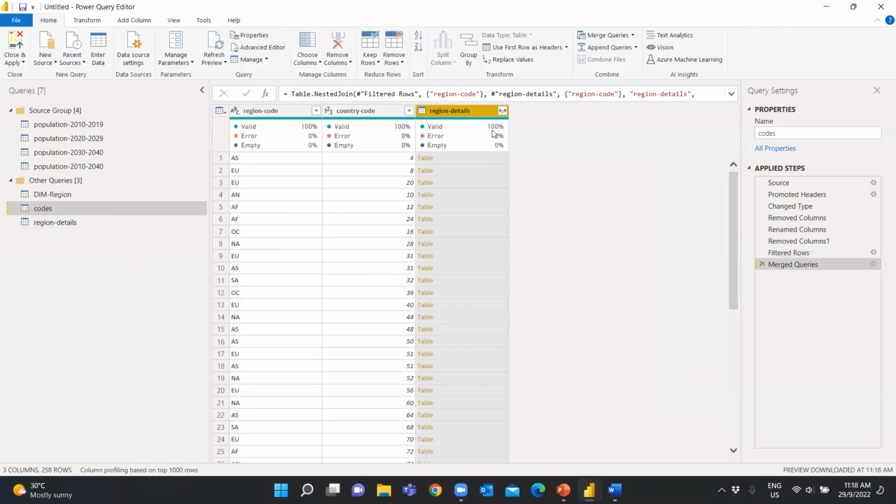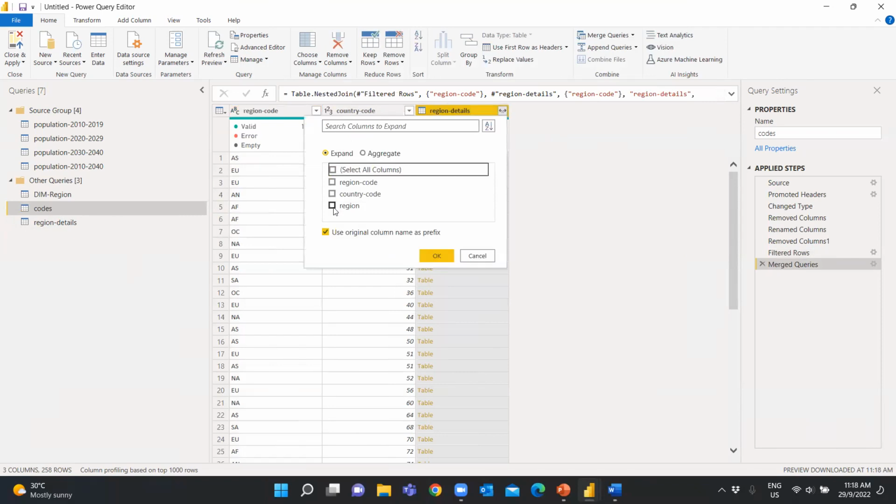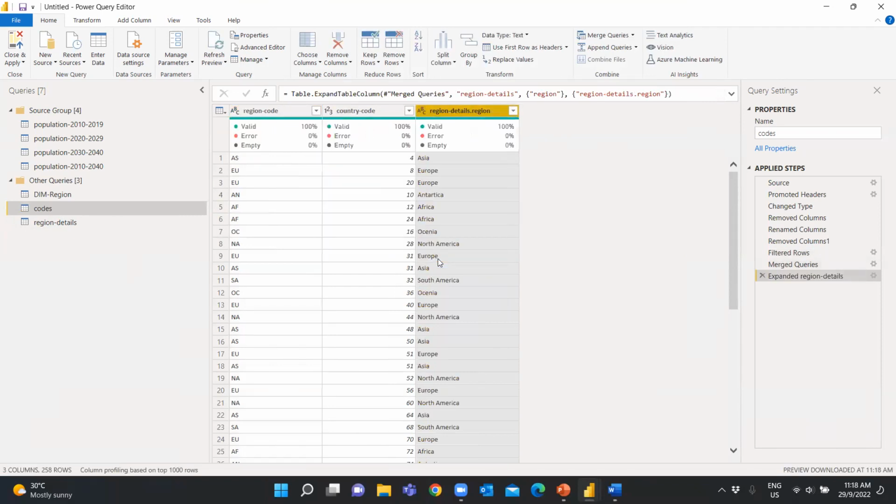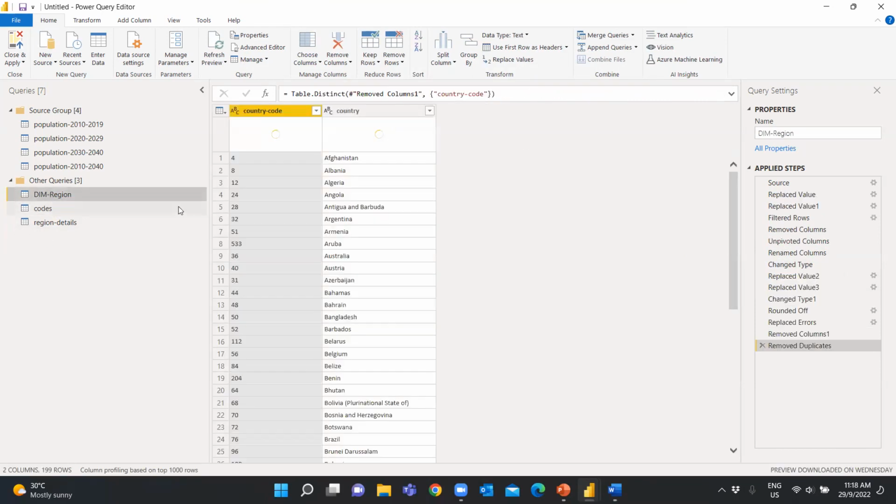As soon as you merge, Power BI is smart. It doesn't straight away fill up all the columns. It gives you the choice to choose. So from here, you can click this and say, just give me region. This is the only column I wanted to add. And like that, you have your region added in. Now I rename this to region. Done. So now we have already created the base table, which we now need to join to my dimensional